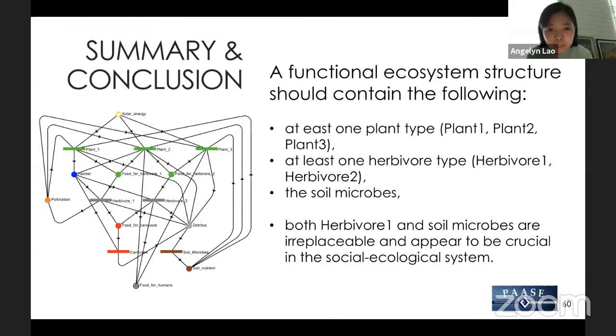Usually the problem in modeling is we don't know how small or how complex the model we should consider. But with the different possible structures that PGraph generated using SSG, we're able to stream down more essential structures that